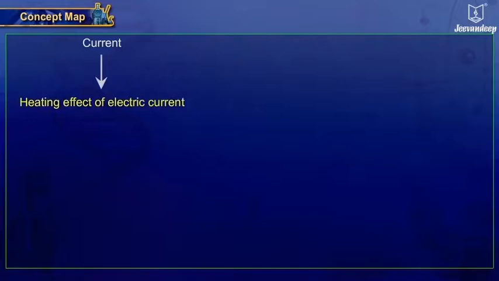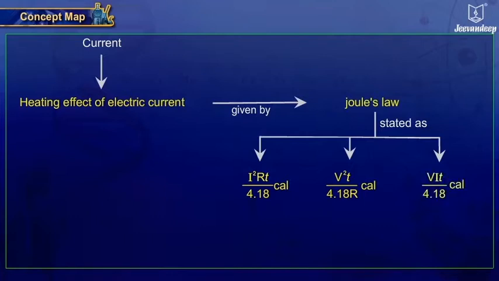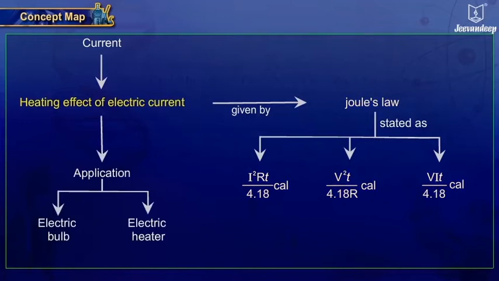Heating effect of electric current is given by Joule's law, which can be stated as I square RT upon 4.18 calories, or V square T upon 4.18 R calories, or VIT upon 4.18 calories. Heating effect of electric current has applications in daily life. For example, electric bulb, electric heater,